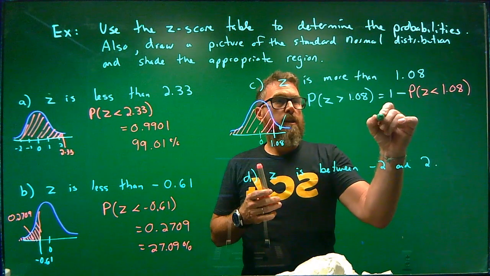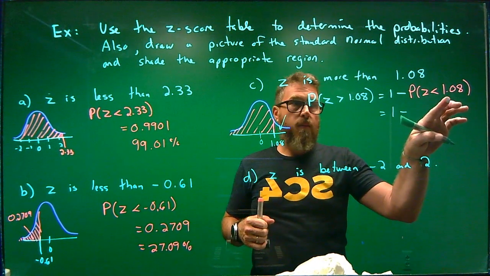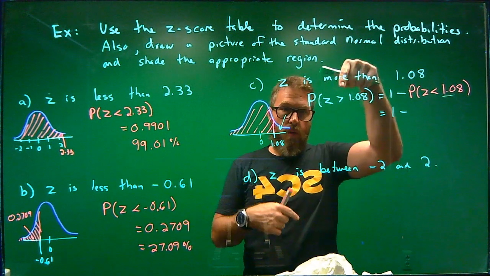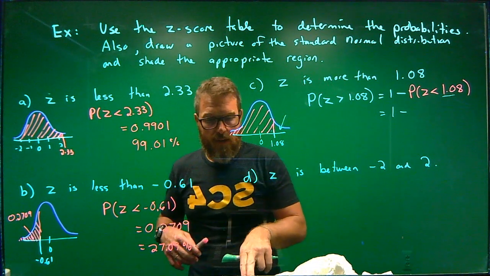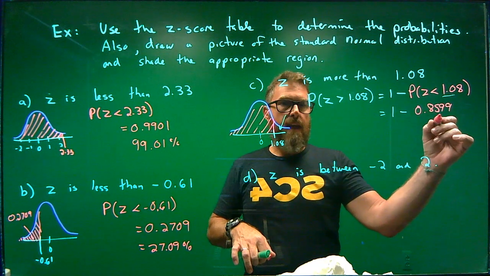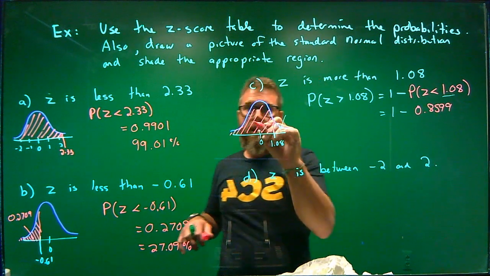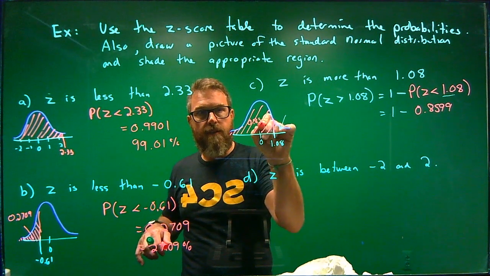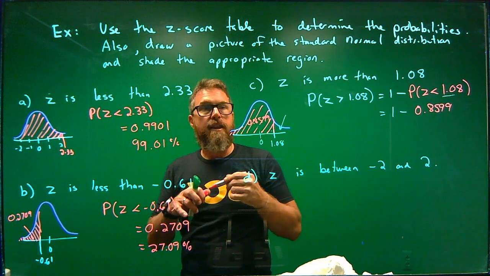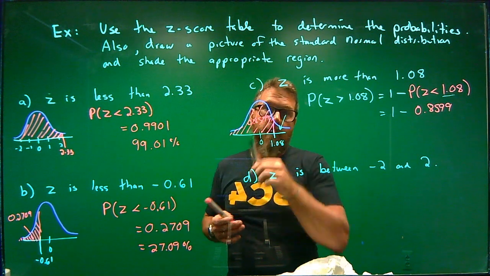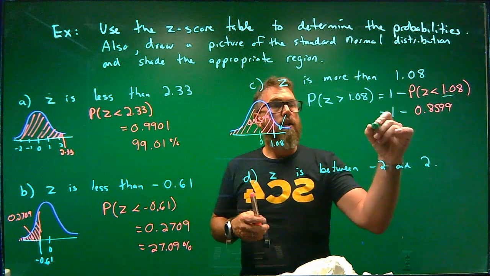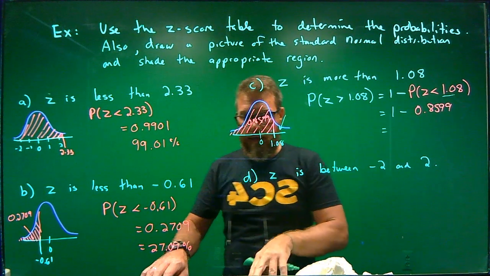So this is going to be equal to 1 minus. Now again, we look at 1.08, so I'm going to have to do 1.0 on the vertical and then 0.08 on the horizontal. So pause it. What we get is 0.8599 for this area right here. So if this is 0.8599, then since the entire thing adds to 1, this area over here is going to be 1 minus the pink area. So this is going to be equal to 1 minus, which gives me